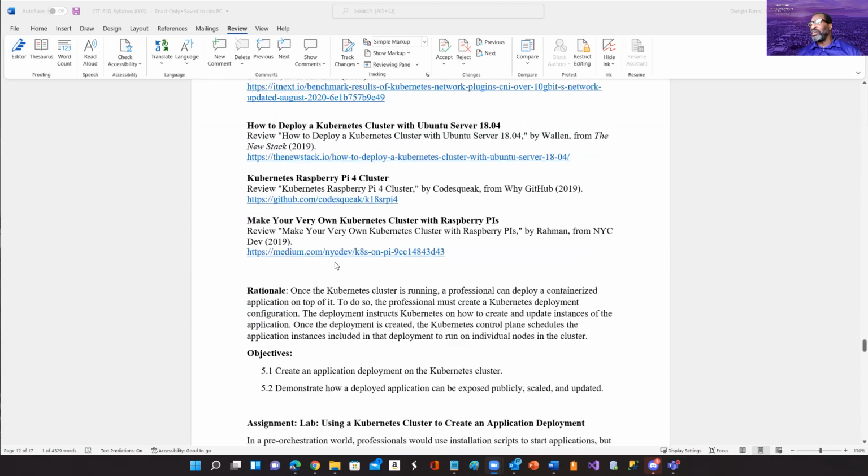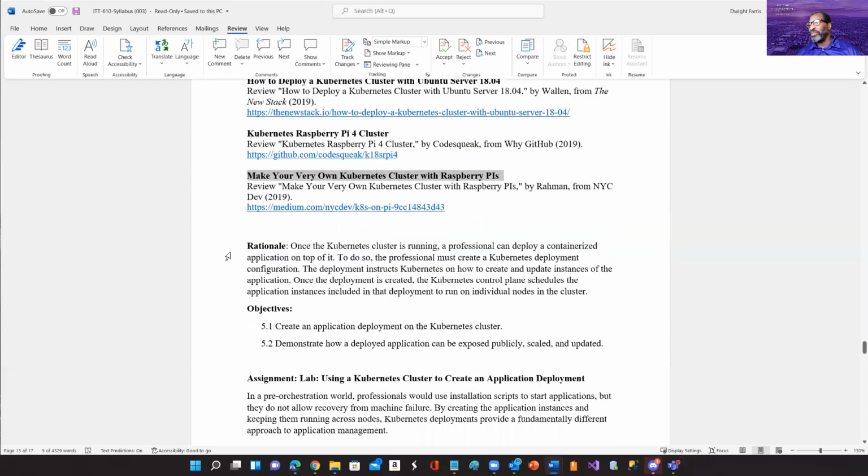I also do want to mention, if you know what a Raspberry Pi is, you can build a cloud infrastructure using a Raspberry Pi cluster. So if you get a chance, make sure you read through this article. It's very important. I know that purchasing Pis is a little bit costly, but they're very useful in understanding